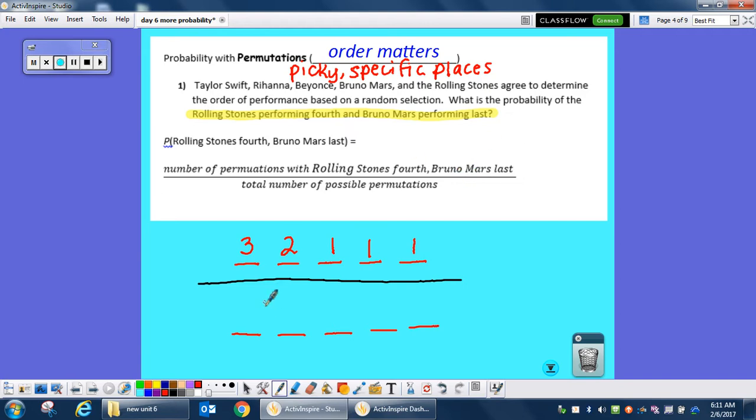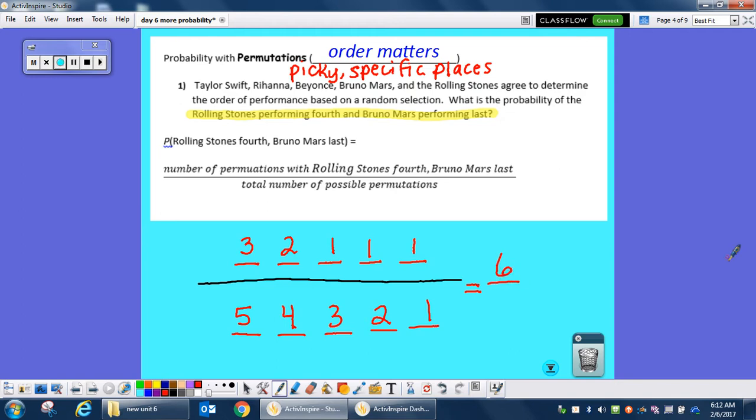You're going to put that number divided by the total number of possible outcomes, which means there's no limitation on who goes first, second, or third. So you have 5 options for the first, 4 for the second, 3, 2, 1. So then what you would do is you would calculate this. 3 times 2 times 1 times 1 times 1 is 6,